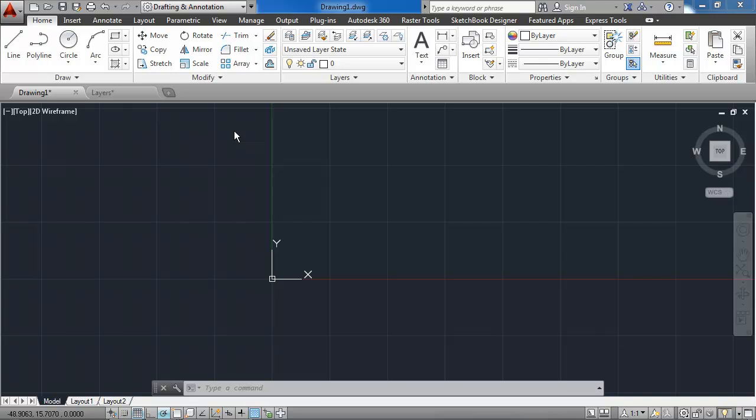Templates have various settings preset to save time and improve consistency in our drawings. In this exercise, we will create a template file with basic settings such as the units, drawing area, that is limits, line type, scale, snap, grid display, and others. Before we do that though, let's take a look at some of the pre-existing templates that are available to us